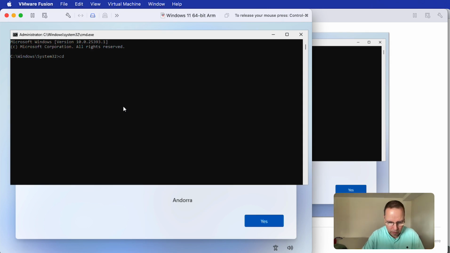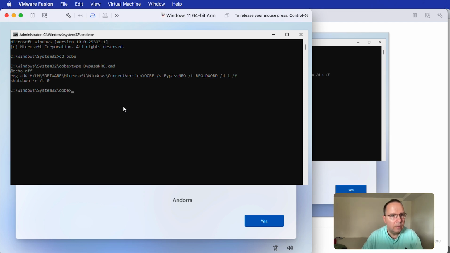I go to the folder OOBE, and here there is a CMD called bypass NRO. Let's have a look inside, and we can see it will set a registry key, so we can bypass the internet stuff and it will reboot then.